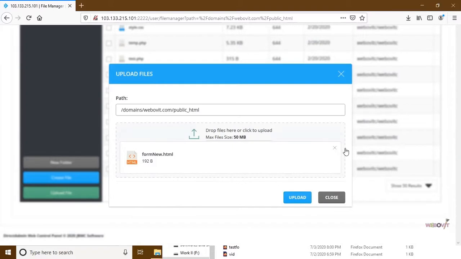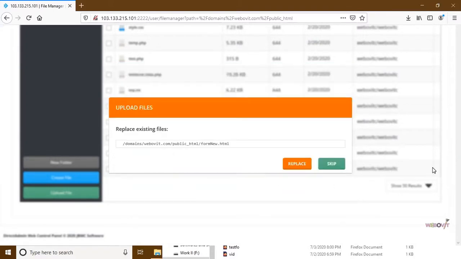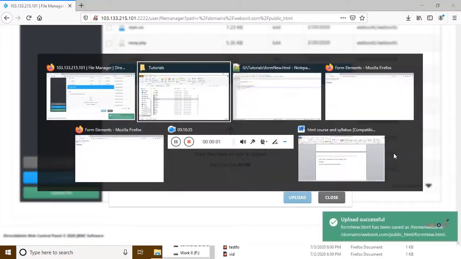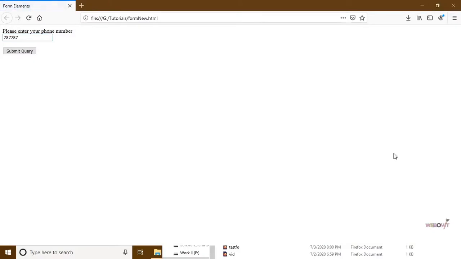Okay, I will replace this file, the older file. Now again, if we see the preview, I will refresh the preview.